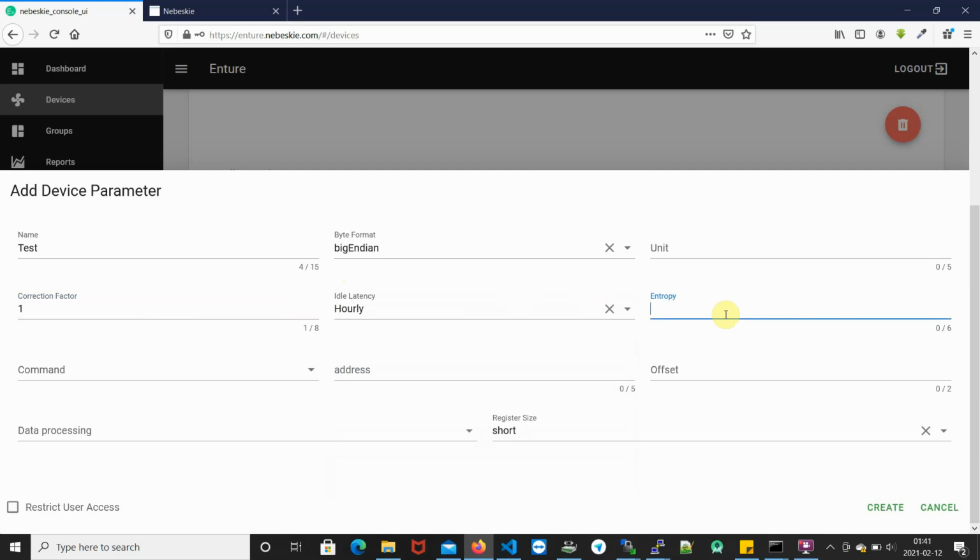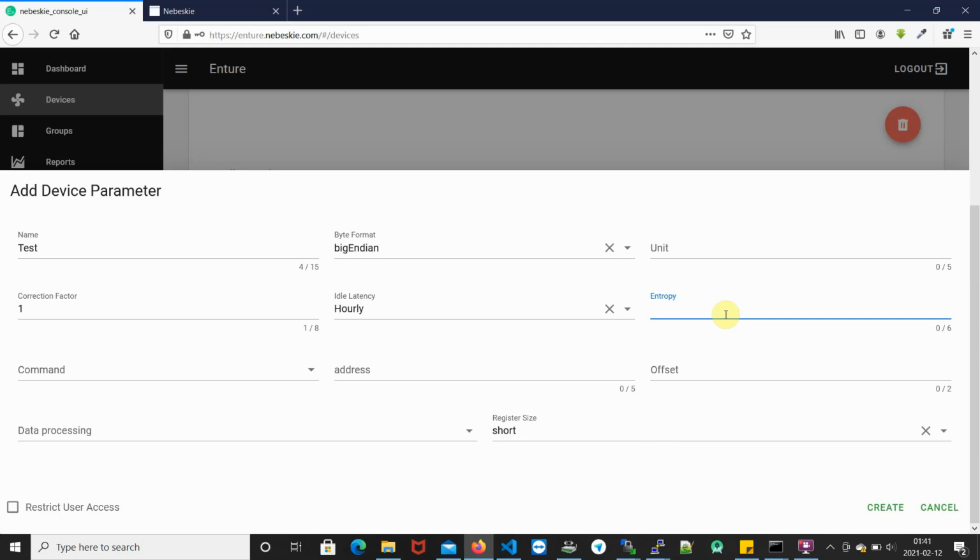Coming to entropy, what is entropy? Entropy is the disturbance that we want to note. For example, if there's a parameter that we are monitoring and there's a change of a certain amount, that change has to be noted, and based on the change it will be logging the data in our cloud or processing the data.